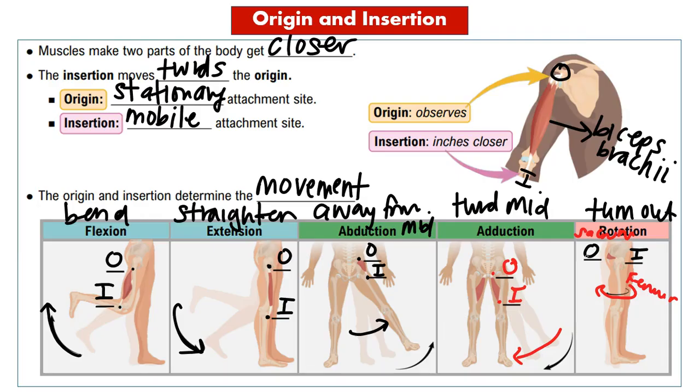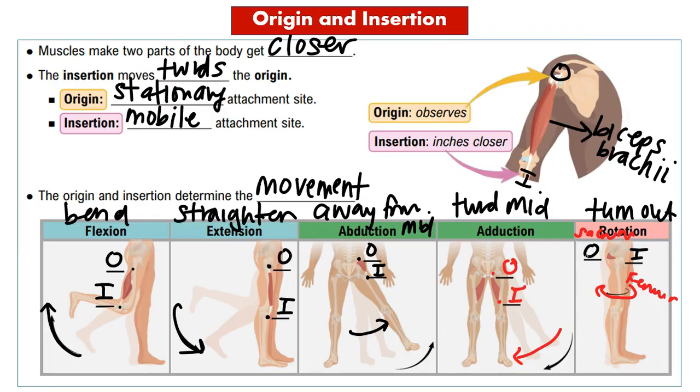Flexion, extension, abduction, adduction, rotation. And of course, if you know the movement, then you'll be able to determine the origin and insertion. So this is going to be very important for you to know. And I recommend, again, even if you don't have all the details right now of all the different muscle names,